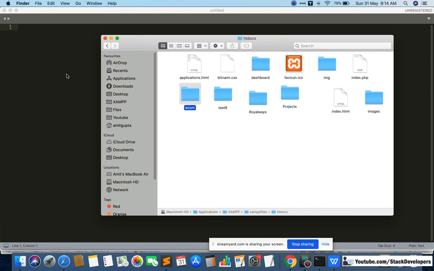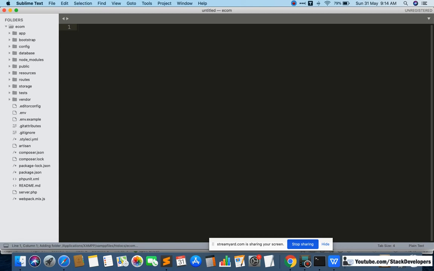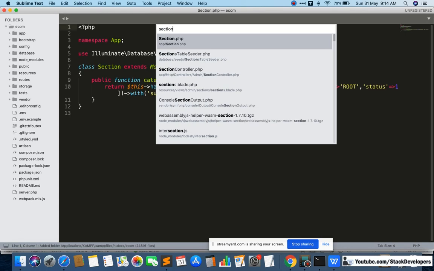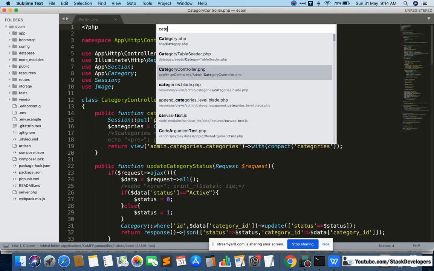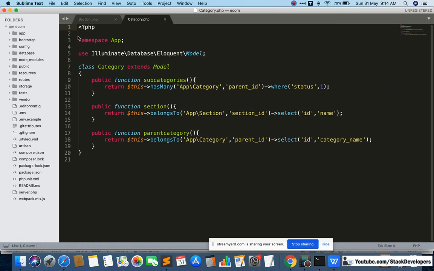We have the docs ecom project. Here you can open the section model, and you can also open the category model. The relation we have defined here.